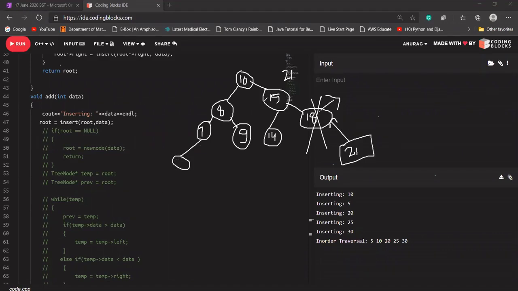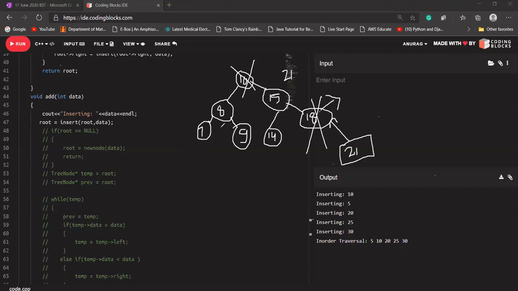If it is not the case, let's say I want to delete 10 from here. So I should be having some value so that I can swap that value with the 10, and I can remove that node. As we talked about in the case of heap, we were swapping the value of the root node, or it could be 8 here. Let's say if I want to delete 8, I should be having some value so that I can swap it with that and I can delete that node.